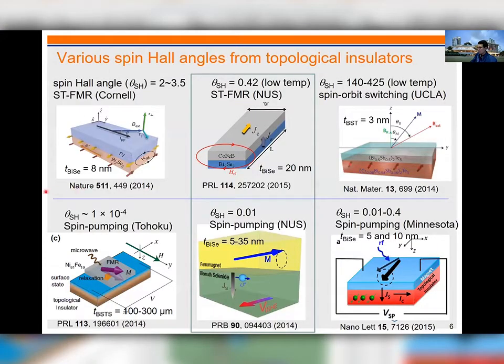So lots of researchers investigated the effective spin Hall angle from these topological insulators, and the reported values are scattered, from as small as 10^-4 up to hundreds. So initially, I thought, what a mess, but then it was found